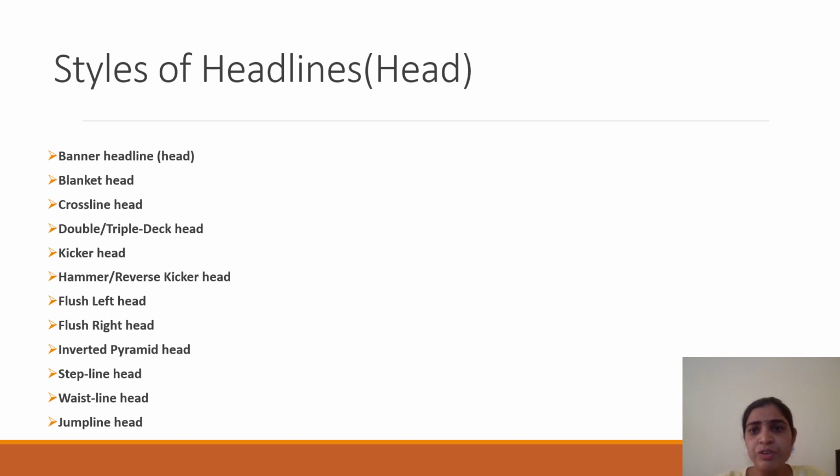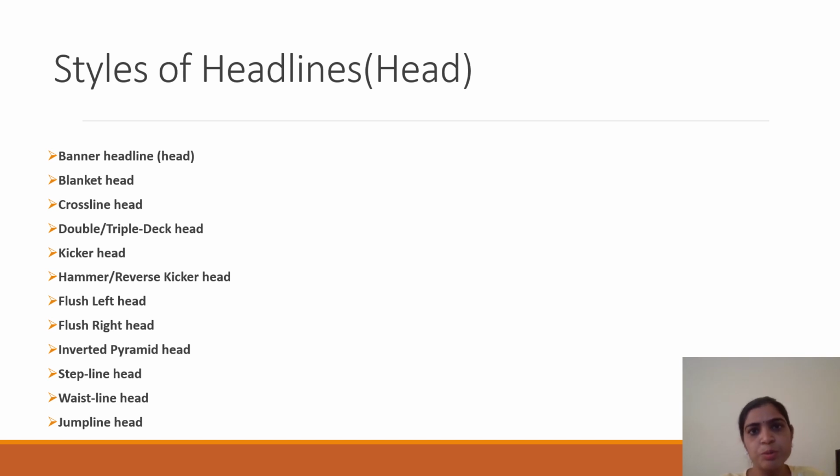So when we write the headline, there are so many styles of writing headlines. So how do we identify what news needs this particular kind of style of headline, or how do we write the headlines? There are some basic styles that are generally used in newspapers to give headlines to the stories. There are so many styles, but here are some very frequently used styles in every sort of